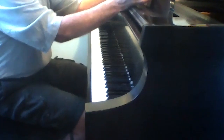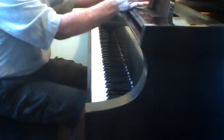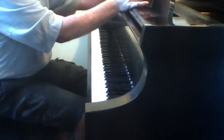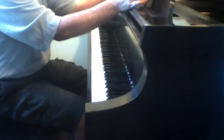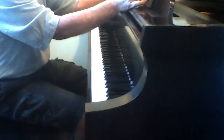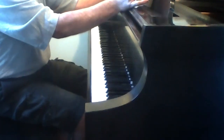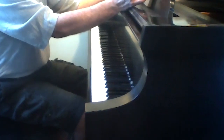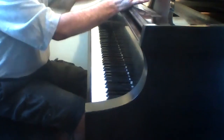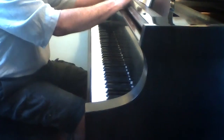Next piece is by Johannes Brahms. Brahms was a mid-19th century composer, German, born in Hamburg, Germany. Ended up settling in Austria and Vienna, like so many other famous composers. Lived most of his life in Vienna, and in fact, not that this has anything to do with anything, he rented an apartment in Vienna that was